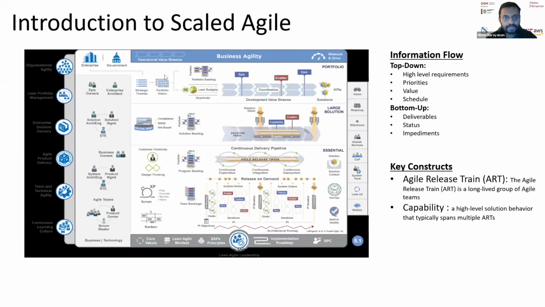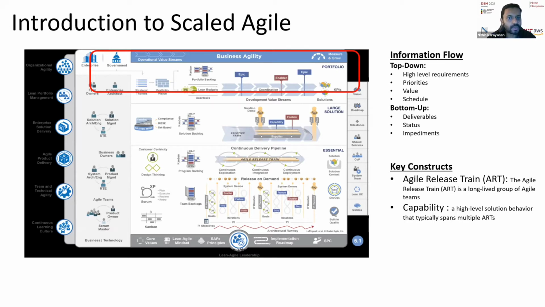So before we get into the thick of things, I just wanted to talk a bit about scaled Agile. It's becoming an increasingly common practice for large enterprises to adopt scaled Agile, especially because of its agility and ability to go to market at a faster pace, as opposed to a traditional waterfall method, which is very slow to react to the business needs. And scaled Agile consists of several layers in the organization, if you will, where the information flows up and down.